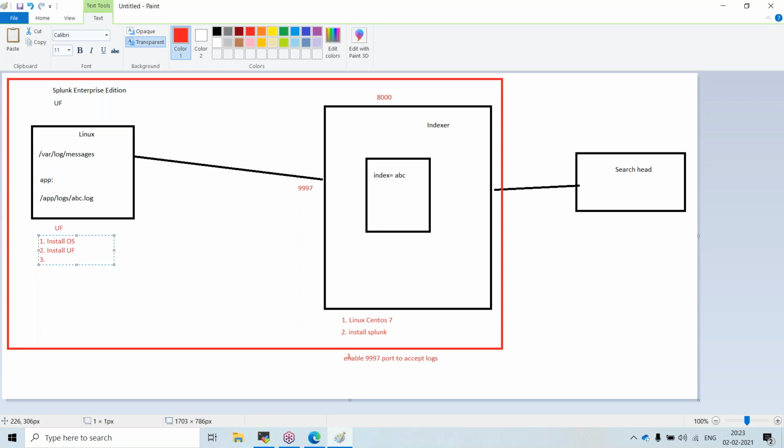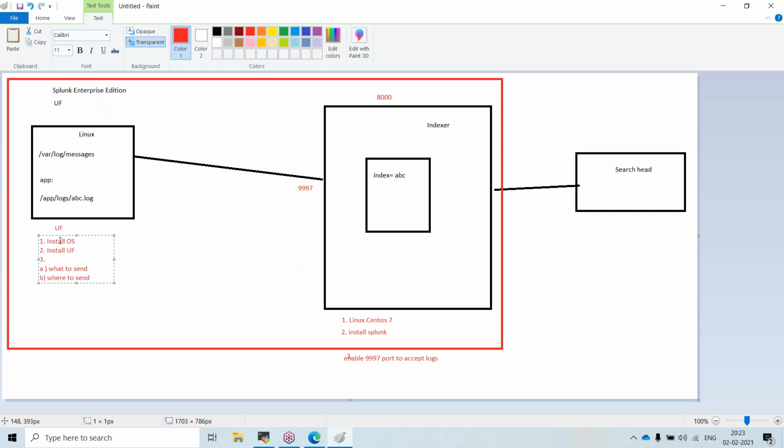One is that I have to provide some configuration, what I have to send and where I have to send. Correct, right? Now I have to provide two configurations.